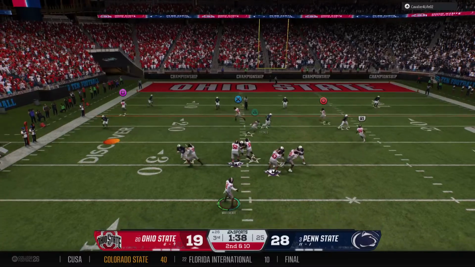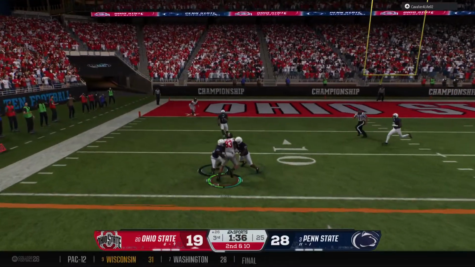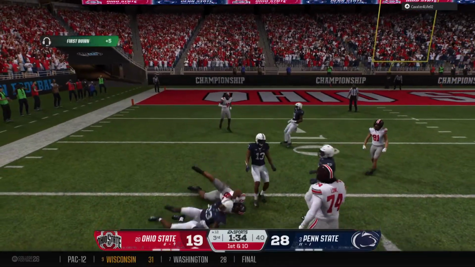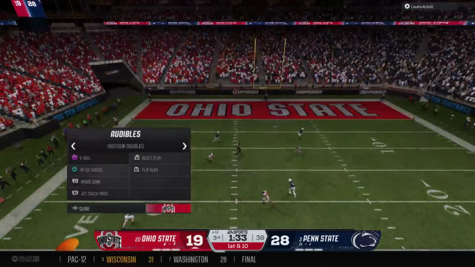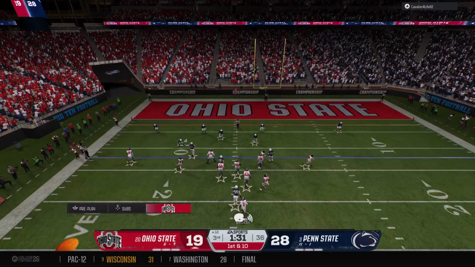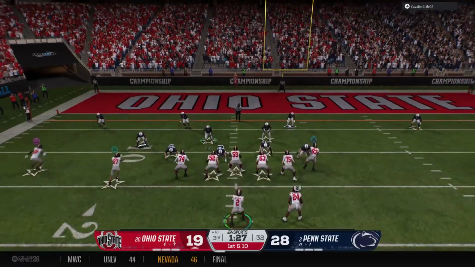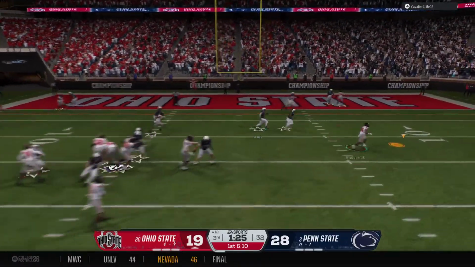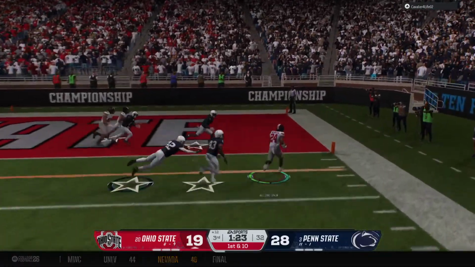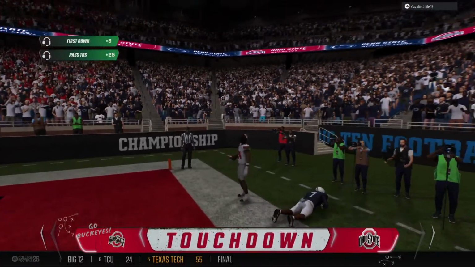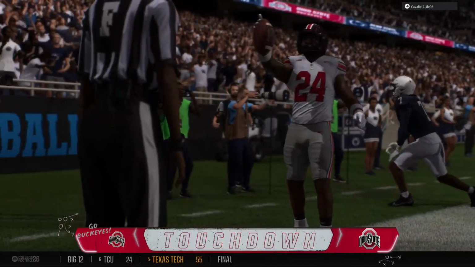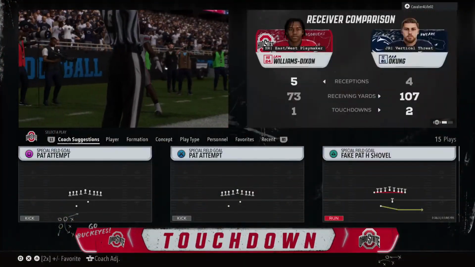Offense looking to throw the ball. Delivers quickly to the left side. He makes the grab. Tackle made quickly after the catch, but moves the ball to the 12, a red zone opportunity. First down, looking to throw the ball. Catch made on the right side. Touchdown, Buckeyes! Still no answer for this offense.